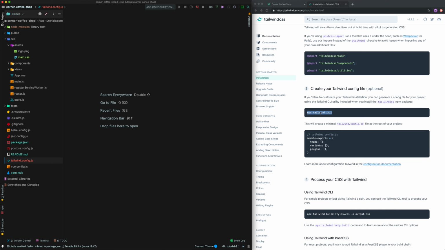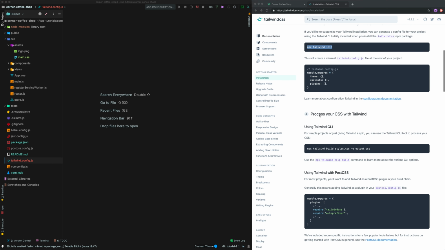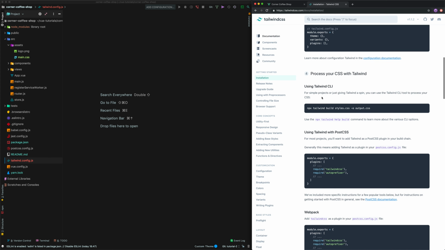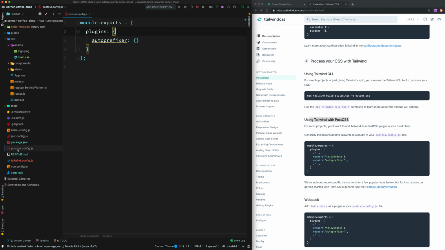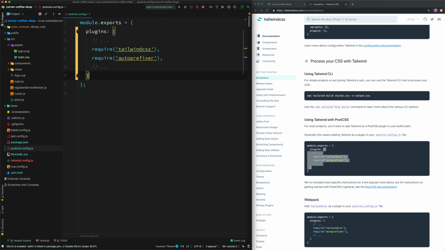The next thing we need to do is step 4, which is to process Tailwind with something. So I'm going to be using PostCSS because we have a PostCSS config file over here. So let's open that up, and you can see that all we need to do here is copy this array syntax, and we can paste that over the object syntax here. And we can actually just get rid of the comments because we're not going to need anything else for our